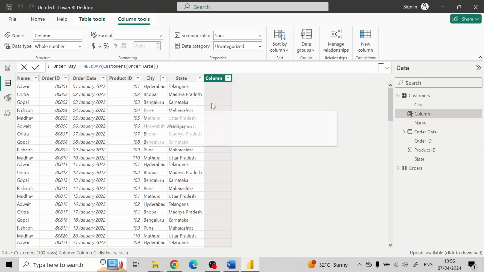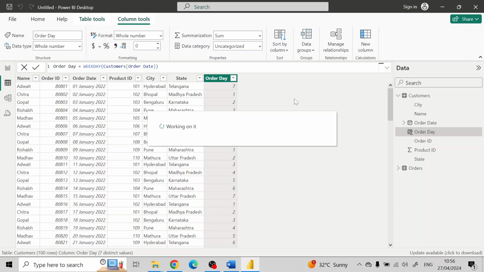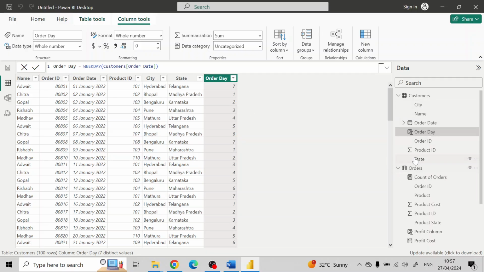Press enter. And there you have it. You get all the values between 1 to 7. This is the order day, and that's how you can create this. So I have created now two columns, that is order day and